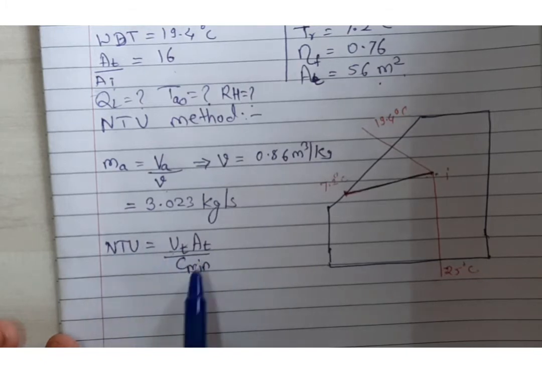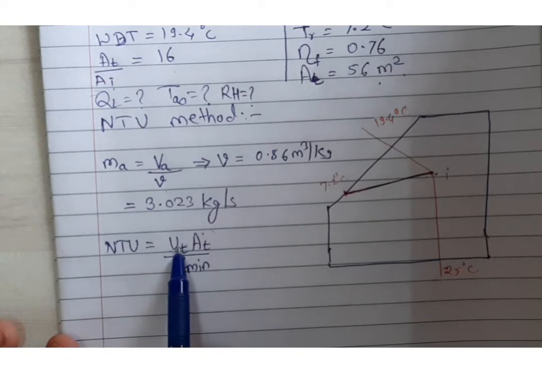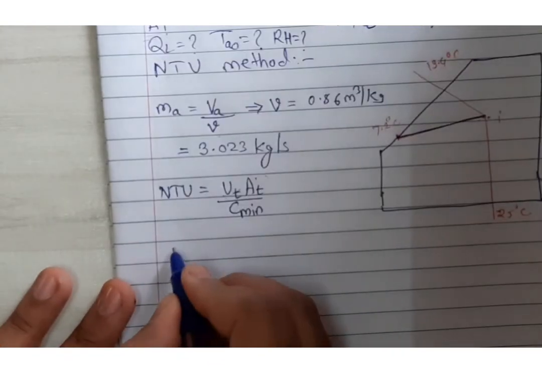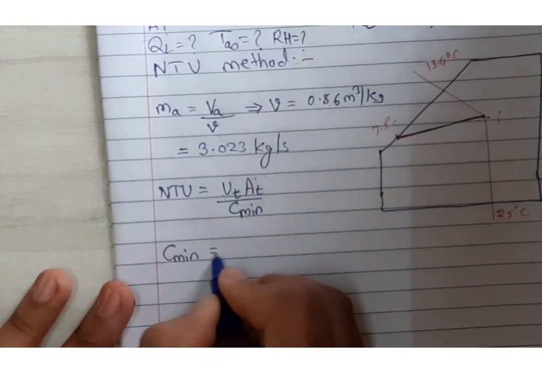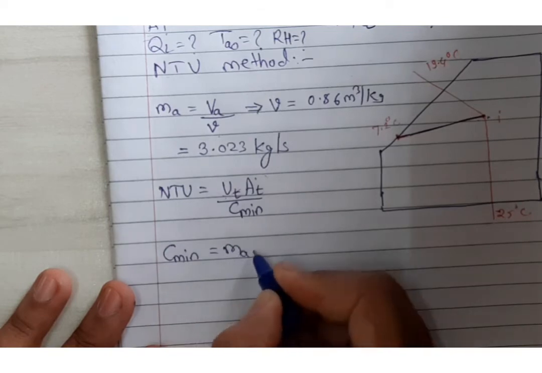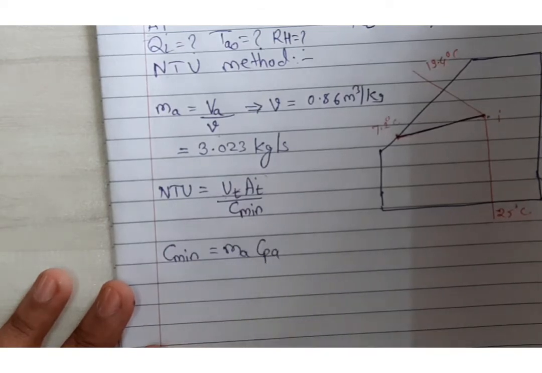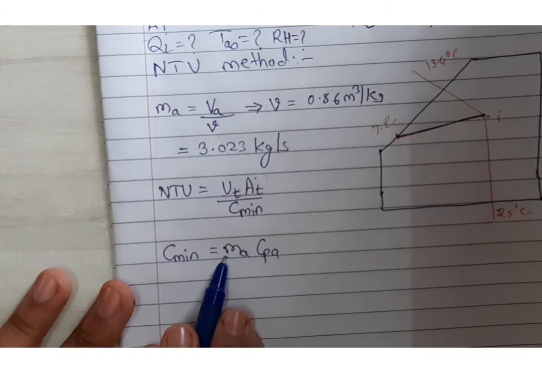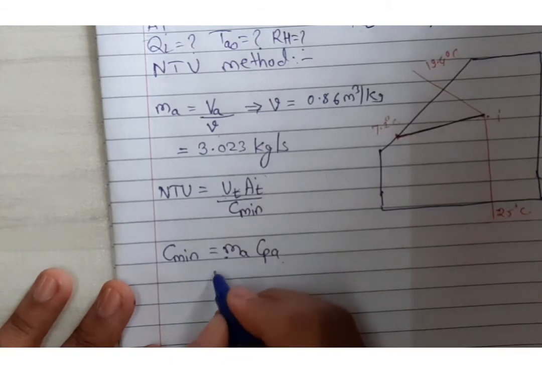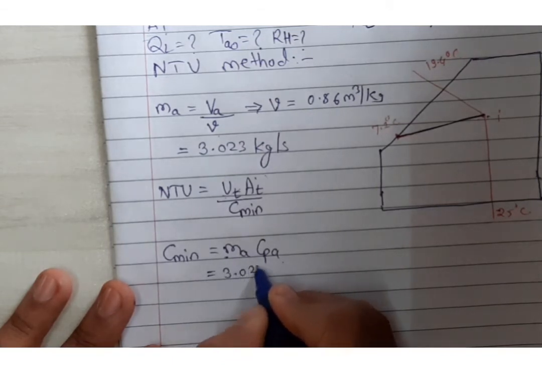Total area is given to us in the numerical itself, so we can find this C minimum by using this formula, that is C minimum is equal to mass flow rate into CPA. As this is for the air, this CP is also for the air, so mass flow rate is 3.023,